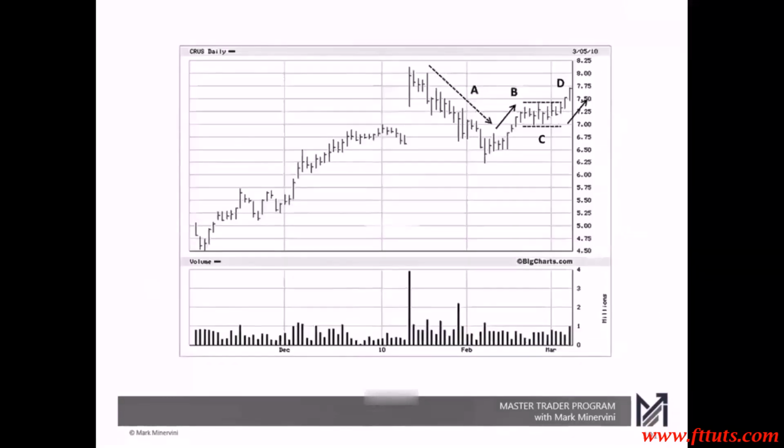Let's take a look here, go back again to Cirrus Logic. So let's say we didn't have the benefit of looking at the handle phase and seeing the cheat, right? Well, this is what we would see before we get to the handle. Remember, the cheat has to come before the handle. You're watching these stocks in real time. So before you ever get to that, you don't know if this is just going to come ripping out and not form a handle. So you're going to be entertaining that right here,